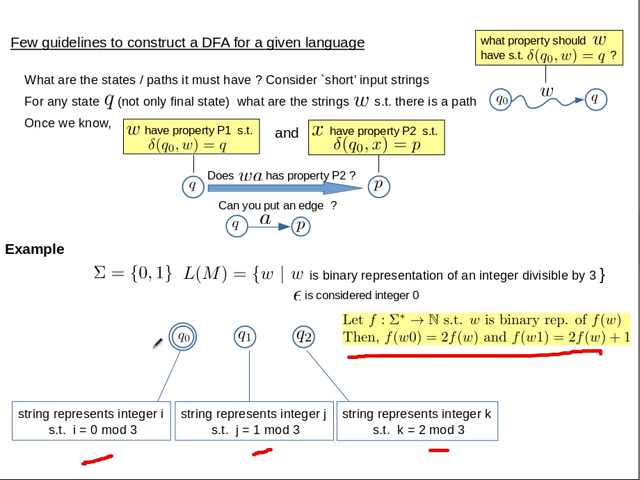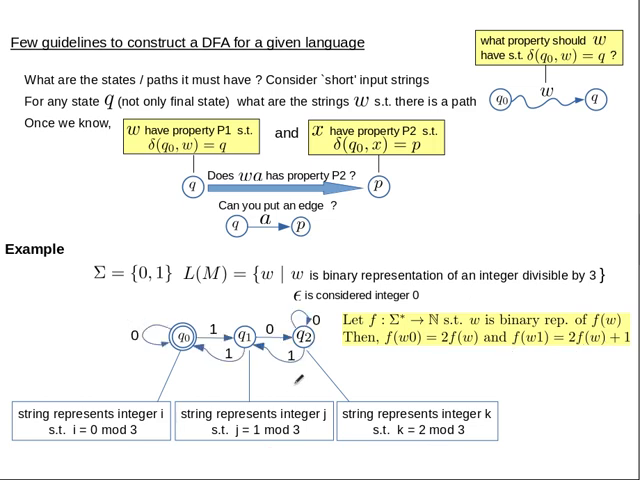Okay, so as I said, after receiving 11, this is 3, and now if you put a 0, this becomes 6, so that should also be accepted. So on 0 you should come back to this state. So according to this and this, if you put in all the arrows, it will look like this. Okay. So these are some guidelines to follow